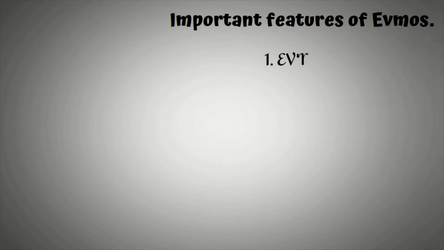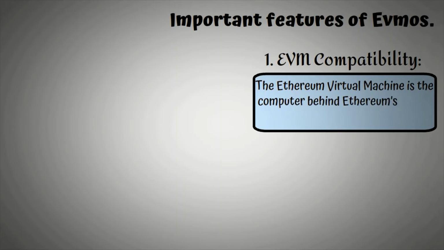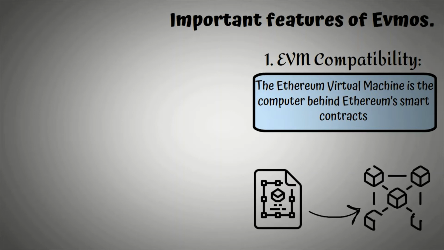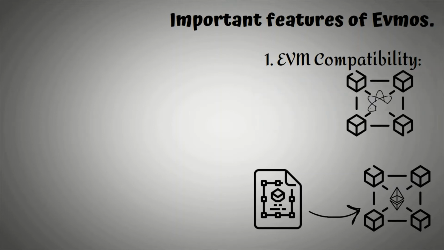Number 1. EVM compatibility. In case you don't understand what EVM means, let me explain this a bit. The Ethereum Virtual Machine is the computer behind Ethereum's smart contracts. The EVM processes the Solidity code that allows smart contracts to run on top of the Ethereum blockchain, making it programmable. Therefore, if a Cosmos-based blockchain wants users to connect with a Web 3.0 wallet, they have to install Cosmos-only